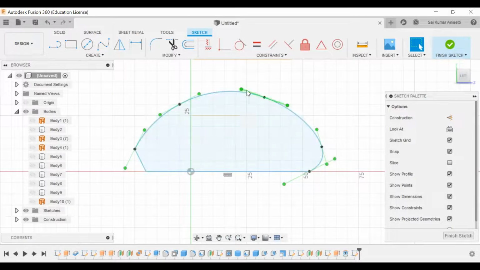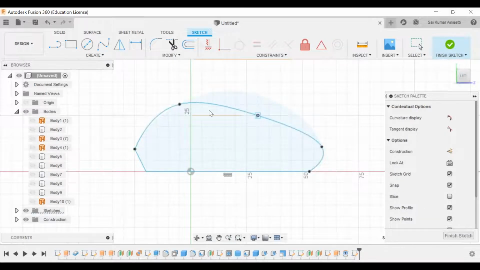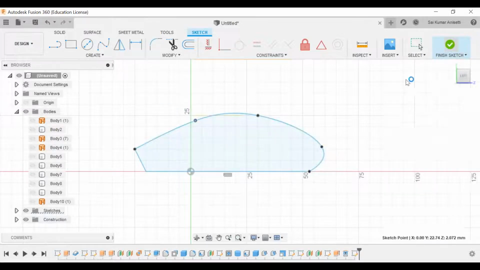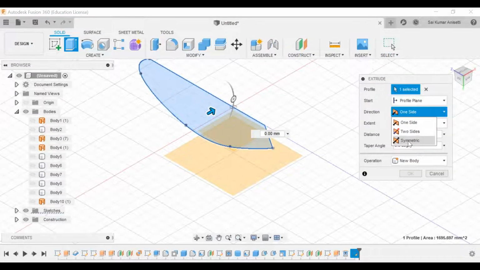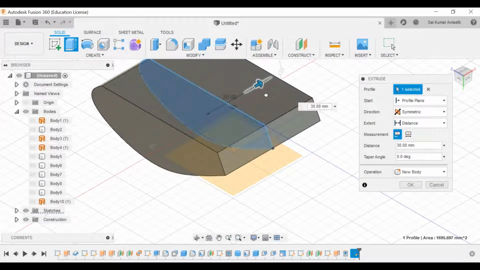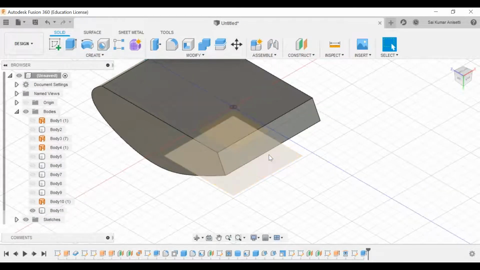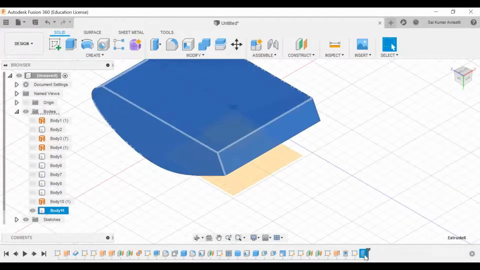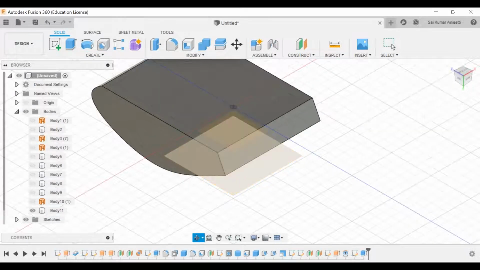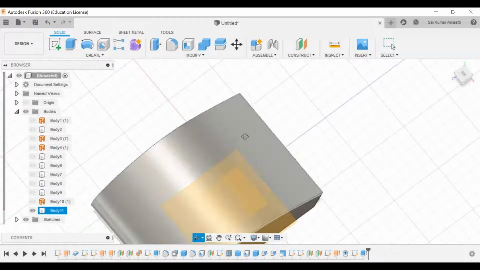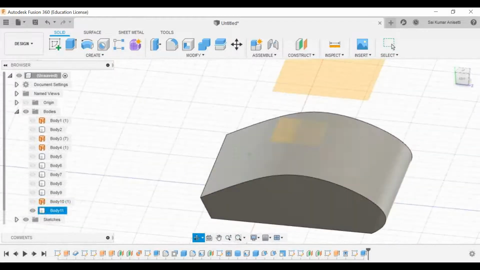Press enter. I'll change the shape of the mouse. Click exit. Now I'll extrude it in a symmetrical direction. What is the value? It is 30, so overall it is 60. Let me rotate.